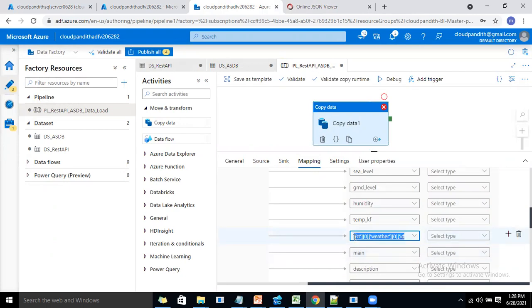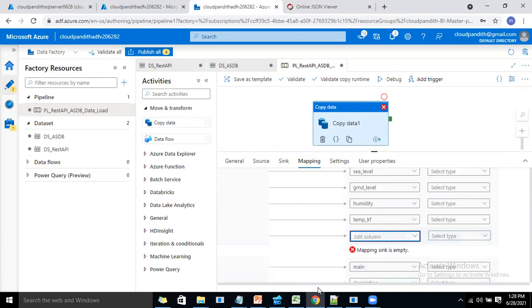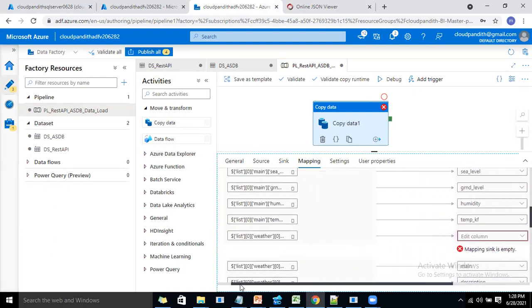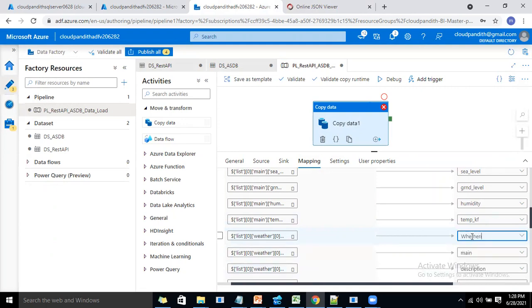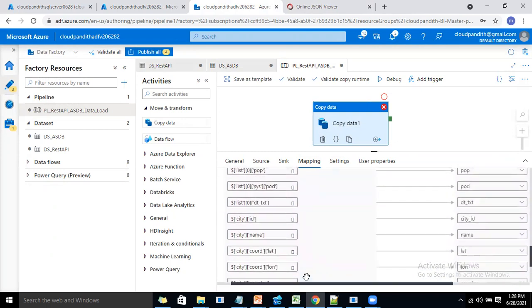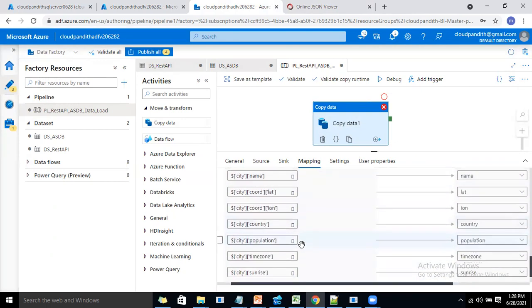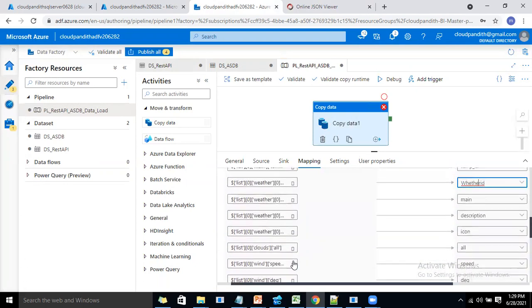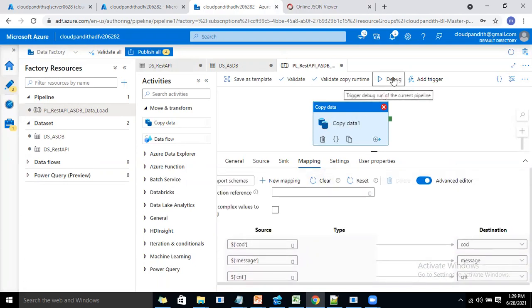Now we need to check those errors. Why is it coming? Because whatever formula, dynamic content that should be on this side, that is added on this side. So now you just have to put weather ID. If you look here, you can see this is the ID, weather ID. You can put weather ID or simply ID. Then the remaining things, a lot of things we have, everything will go smooth. Let's try to debug.